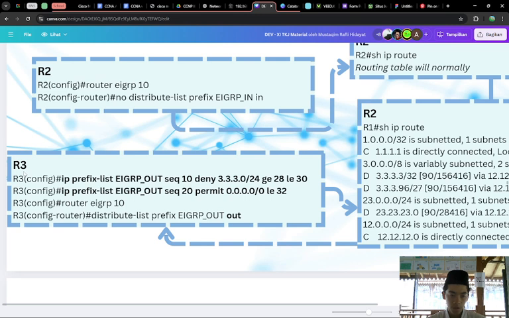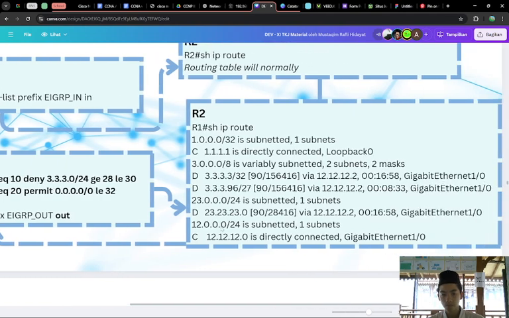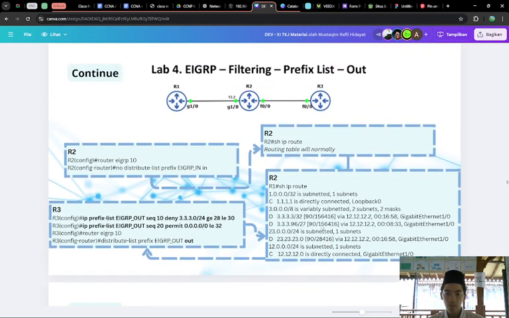So here you can add the configuration like this: IP prefix list EIGRP out seq 10 deny 3.3.3.0/24 ge 28 le 30, and then the second configuration, IP prefix list EIGRP out seq 20 permit 0.0.0.0/0 le 32, and then you can enter router EIGRP 10, that is distribute-list prefix EIGRP out out. Then check the routing table.